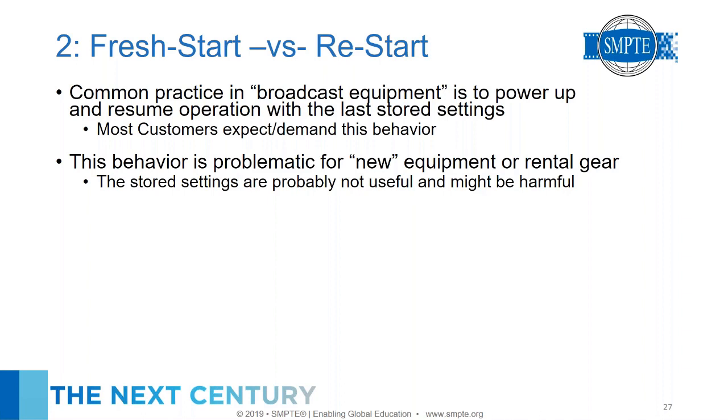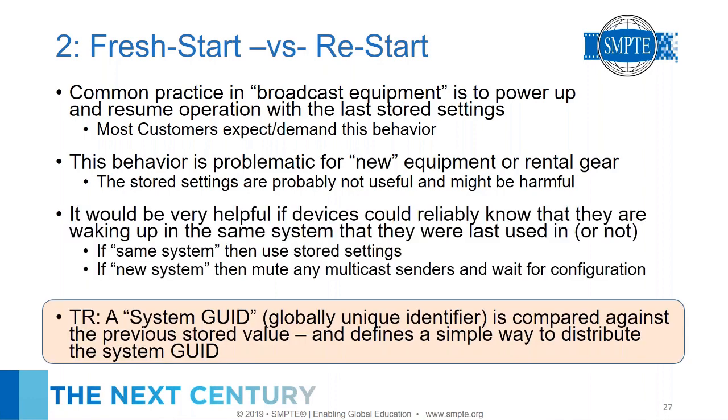And that's fine, mostly. But sometimes you have a new piece of equipment, which really wasn't in your plant before. So when it powers up, it's got whatever the factory was doing when it shipped. And sometimes you have rental equipment that, when it comes out of the box, it's got whatever settings it had at the last user. So those are cases we really have to understand and maybe do something smart. So it would be really helpful if a device could tell.